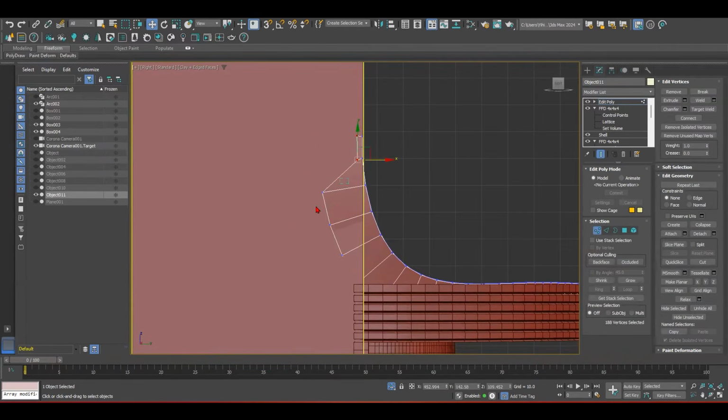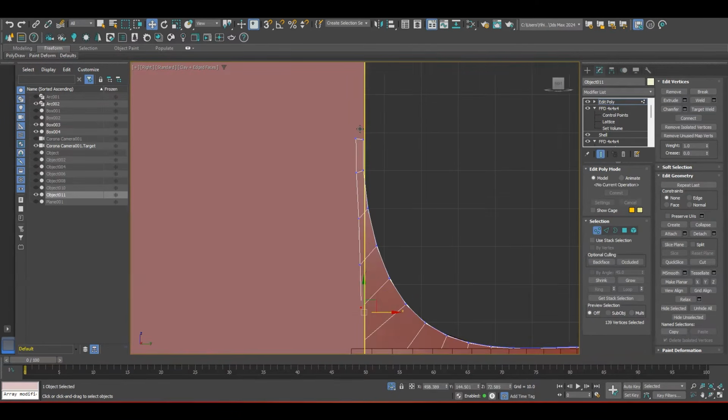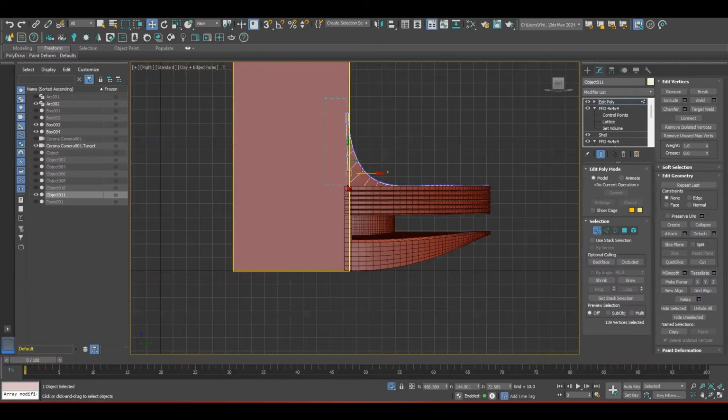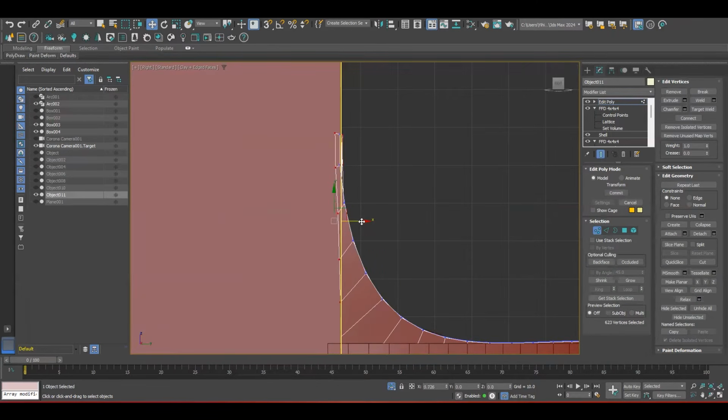The best thing about the edit poly in 3ds Max is there are tons of ways that you can do the same thing, and you have to understand it to know how exactly to get to the end product.